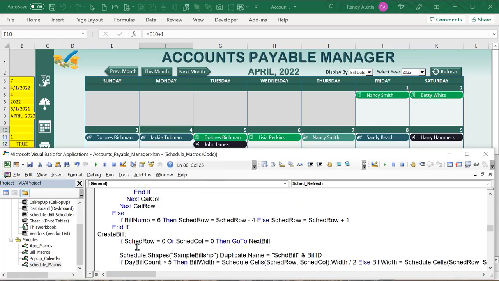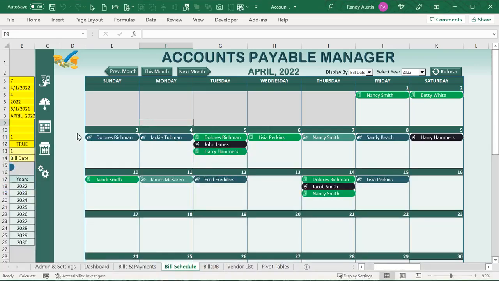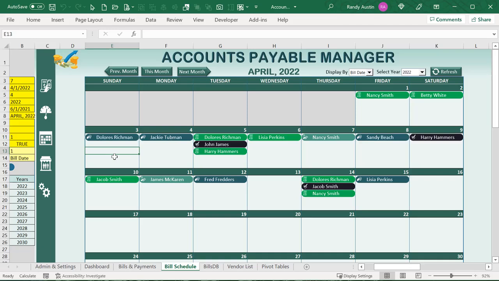Now what we're going to do is set the bill number. Remember, the bill numbers are going to be the first 5 here. For the first 5, we need to set the top position. So our first 5, we're going to go up here. Here's our top one right here. And then it goes 1, 2, 3, 4, 5. If it's 6, I'm going to start up at the top again. If it's 6, I'm going to shrink the bill width, right? I want that bill width to be about like that, although that won't show much,